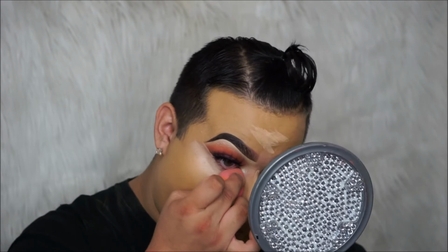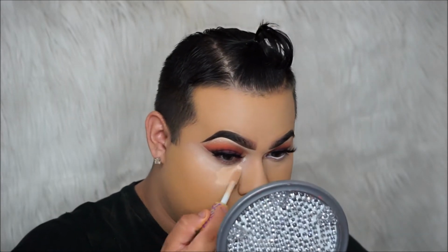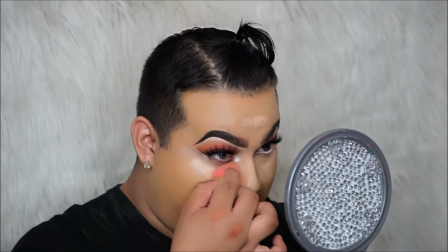It's just, once you try Tarte Shape Tape, I don't think there's anything better than that. So that's why I did go in with that Tarte one right after, just because I felt like, oh my gosh, I needed more coverage. But the Kat Von D one is really nice by itself. If you guys are not a full coverage kind of person, then the Kat Von D one will be good for you. But I am a full coverage